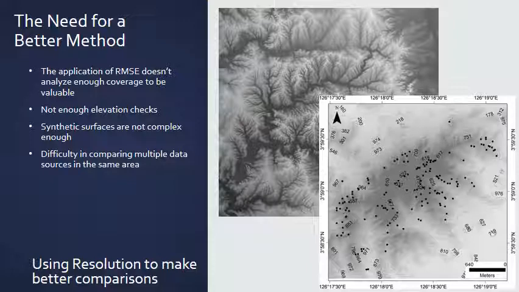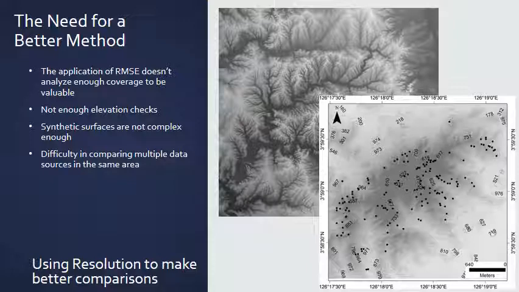So some of the other options that they've come up with in the past to try to fix these problems, just to try to validate if RMSE is an accurate tool for assessing accuracy, was to create a synthetic surface using just a computer program. The problem with that is the accuracy of the elevation checks is 100%, but